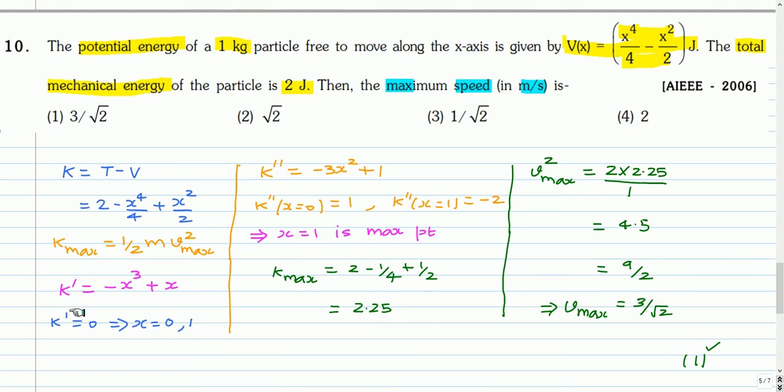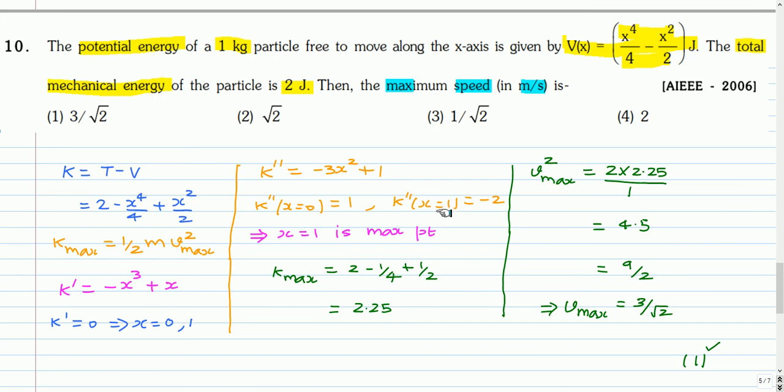So to get that, we have to take the first derivative. So this is the first derivative, minus x cubed plus x, and the first derivative should be equal to 0 at the maximum point. So from this we get the value of x as 0 and 1. We have to take the second derivative to decide whether it's a maximum point or minimum point. So the second derivative is minus 3x square plus 1. So if we put x equal to 0, the second derivative is positive. At x equal to 1, the second derivative is negative. So x equal to 1 is the maximum point because the second derivative is negative. This is the basic idea of maximum or minimum of a function.